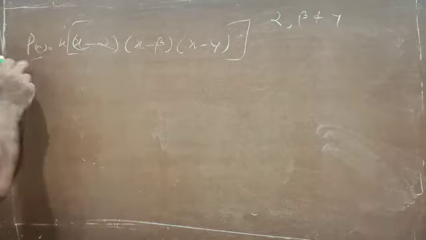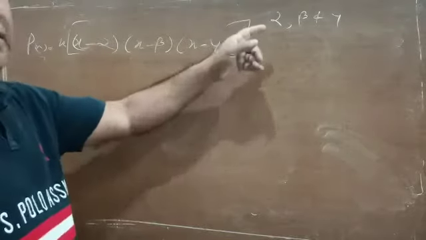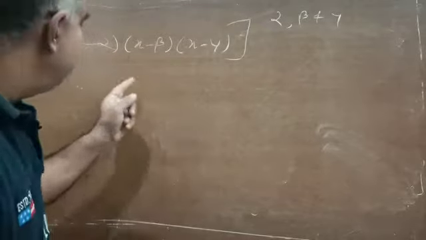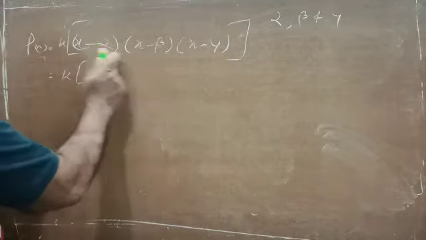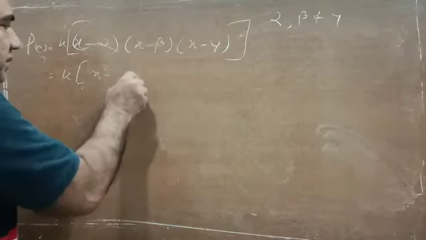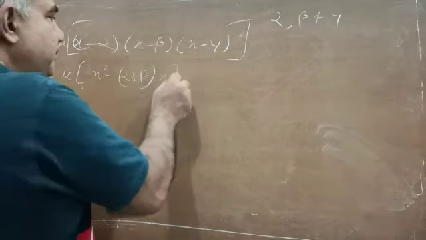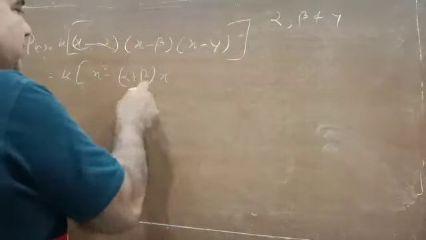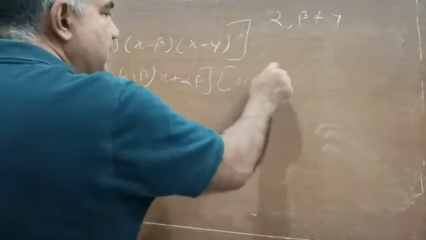So we will get a polynomial, I can write it as p(x). Let this be p(x) equals k into the three factors. Factors are obtained after subtracting the zeros from the variable. Now I will get this polynomial, so for that we have to multiply. I will write k here, and first I will multiply these two. That will come out to be x square minus (alpha plus beta) into x plus alpha beta, and then x minus gamma.